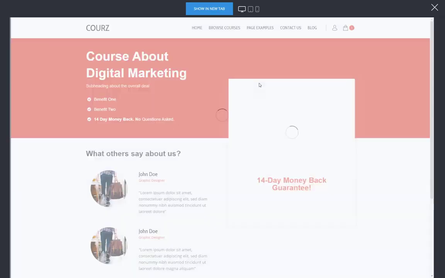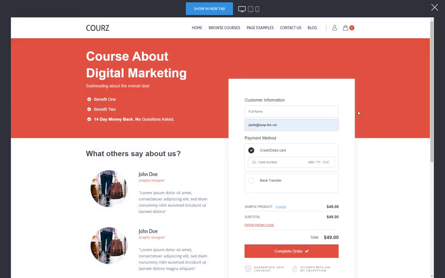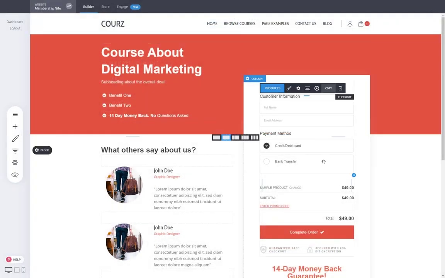So instead of adding to cart and so on, they can just do it like this. They can just select the product and buy it right here, right now. This is why it is so powerful. Another cool thing is that with this checkout, you can also do the upsells like